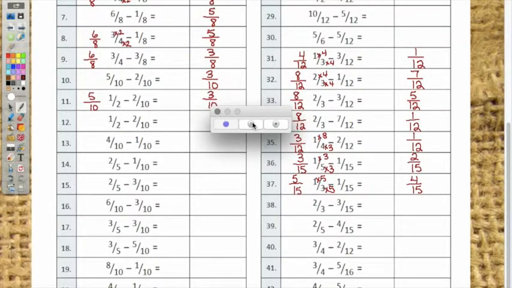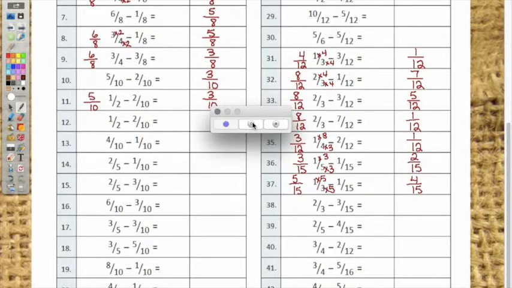Okay, answers for side A. I'm going to start with number 12. 3 tenths, 3 tenths, 3 tenths, 1 tenth, 3 tenths, 3 tenths, 1 tenth, 7 tenths, 7 tenths, 3 tenths, 3 tenths,